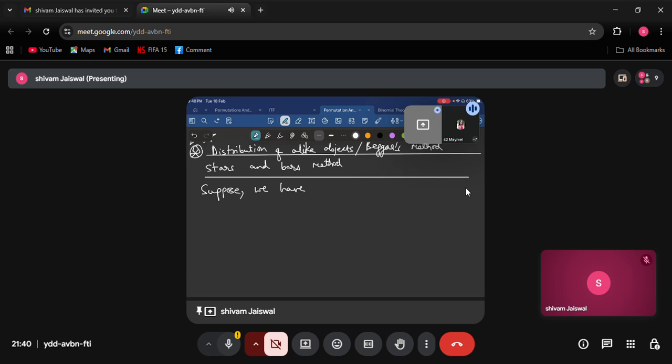Anyways, so suppose we have 10 identical coins and three beggars. You want to distribute 10 identical coins to three beggars. Now try to understand. If you make a linear arrangement,